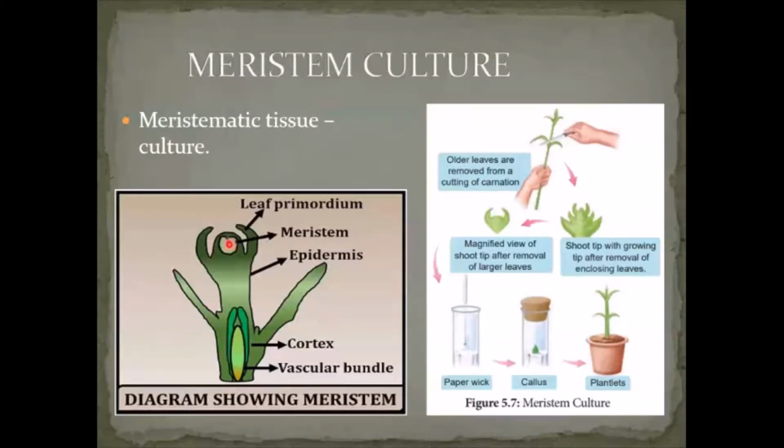Already I told you what meristem is. So this part is called a meristem. It's called an apical meristem. If you get the meristem from the branch tip, that is also meristem, but it is apical meristem. There is intercalary meristem also, lateral meristem also, but we will use only the apical meristem. So this is the apical meristem, and that can be used for the regeneration of plants.